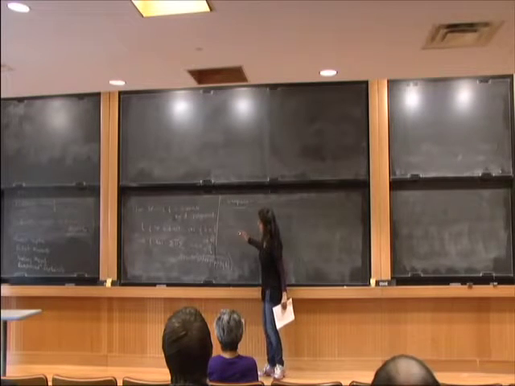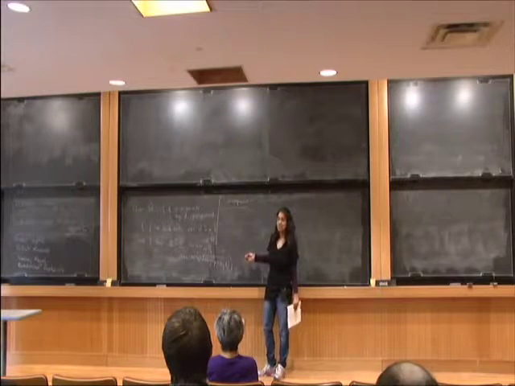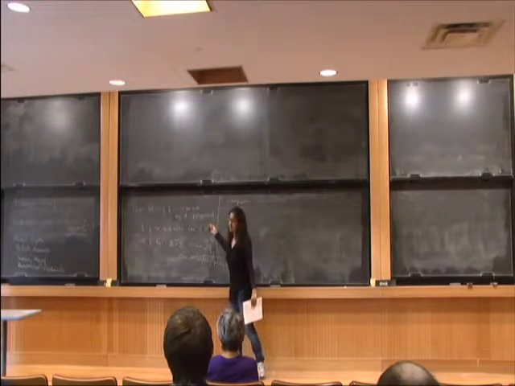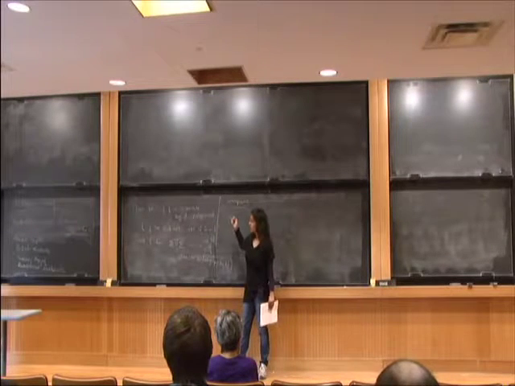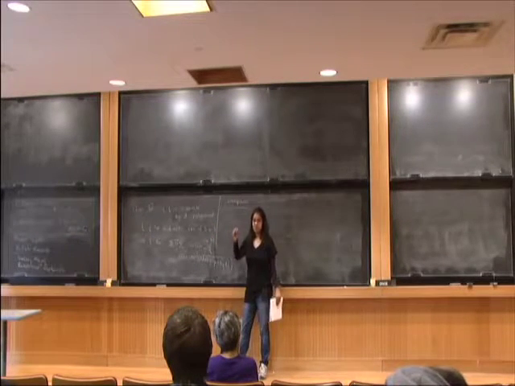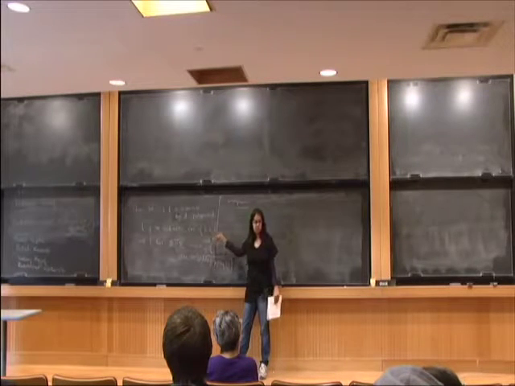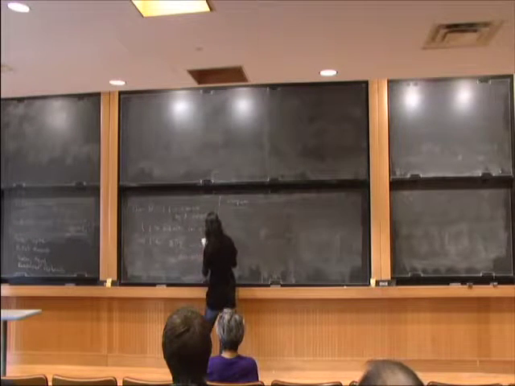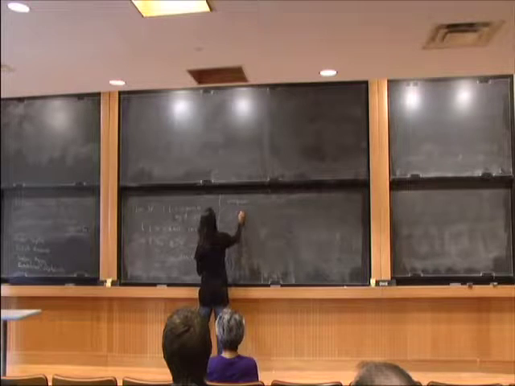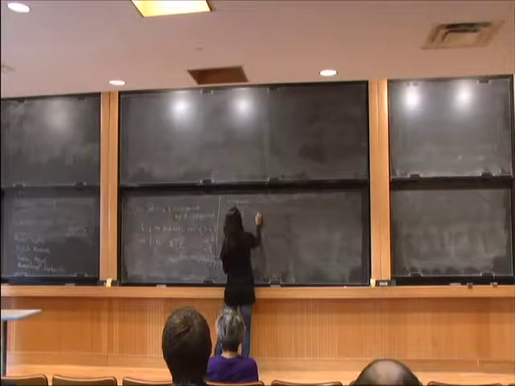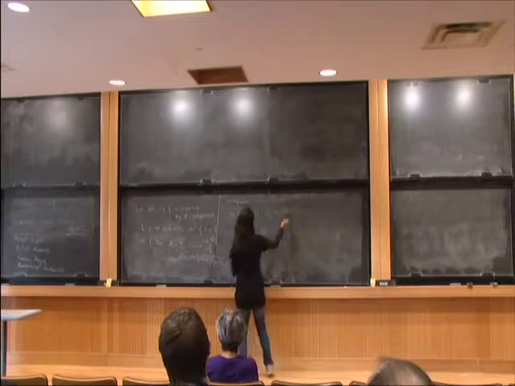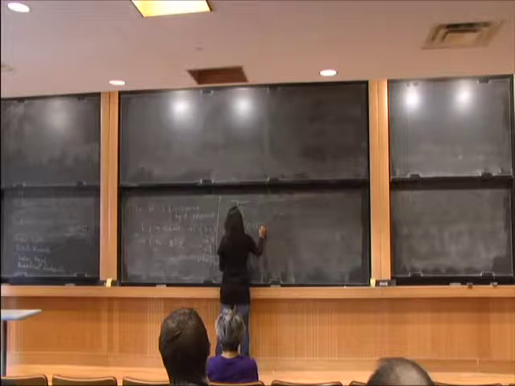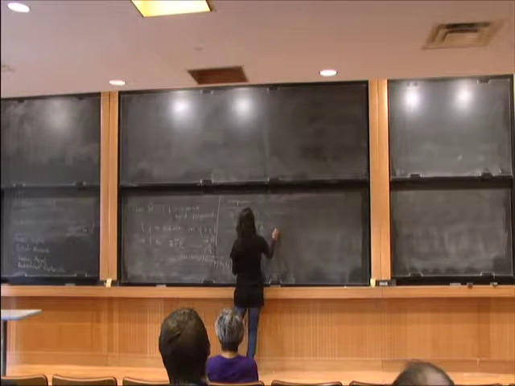is that now this gives us sub-exponential size depth 3 circuits computing the determinant, which was not known before. So we have polynomial size arithmetic circuits computing the determinant. It was not believed that there were sub-exponential size depth 3 circuits computing the determinant. But in particular, this gives us a way of doing that. So there exists a sum product sum circuit of size exponential in root d log d